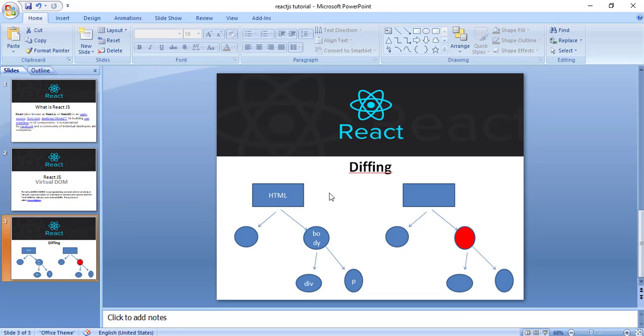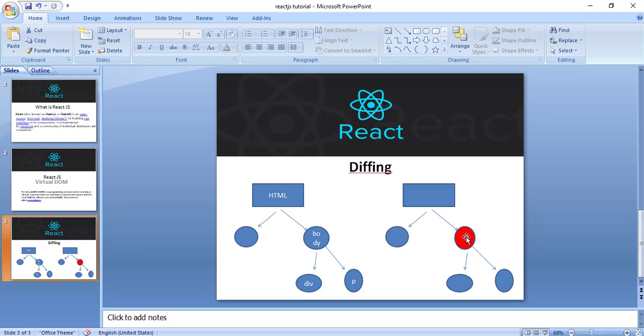But if your state changes, then React creates a new tree, something like on the right side. Suppose the red node is y, and the value of y is now 3, so the state has changed.